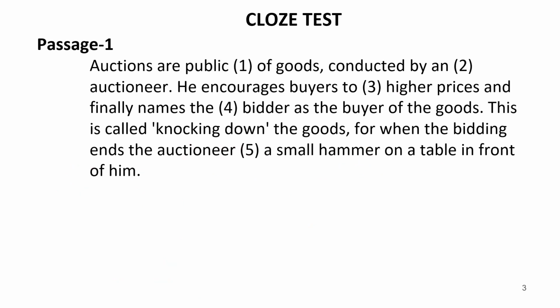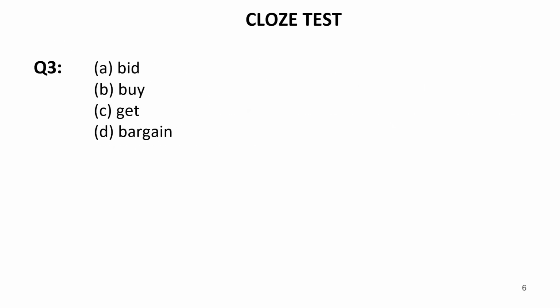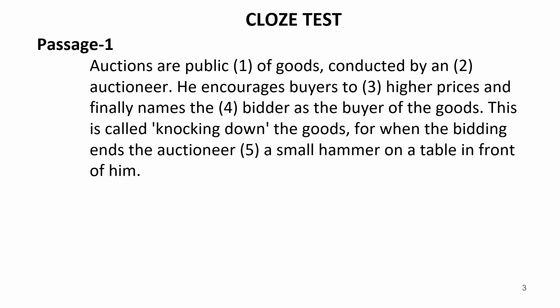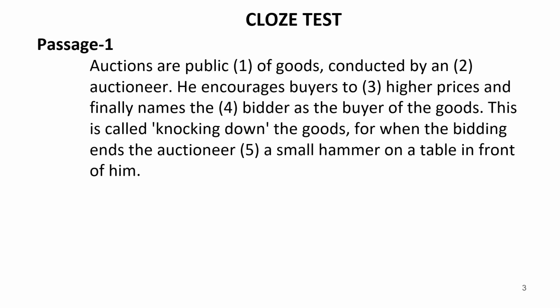So first we'll have passage number 1. Let us solve this passage. Now, this is the structure of a clause test. A clause test is given to us and we are given these options 1, 2, 3, 4 and 5. These are 5 options for this particular passage. Now we have to solve this passage according to the words given, and for each blank we are given 4 options each. As we can see in this first option, there are A, B, C, D. It means 4 options for the first blank.